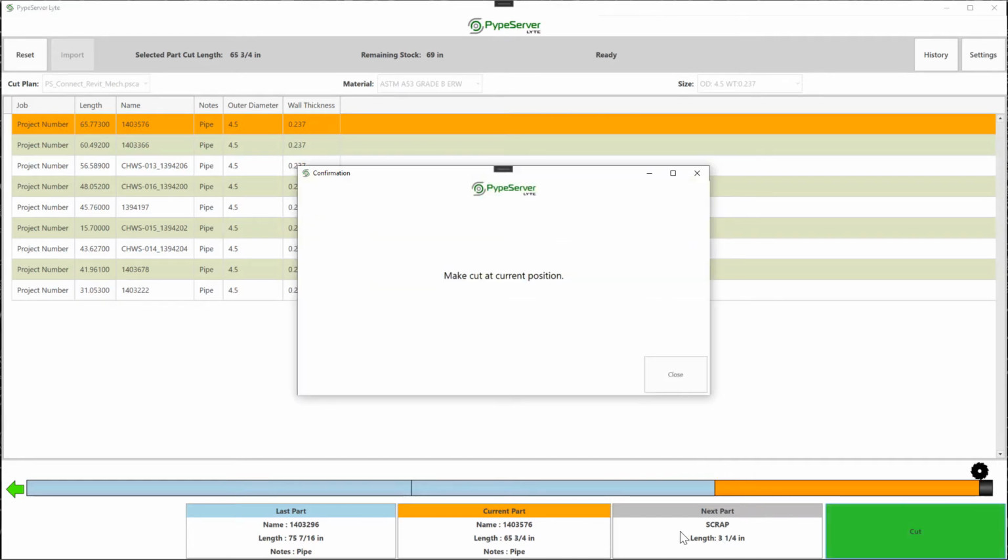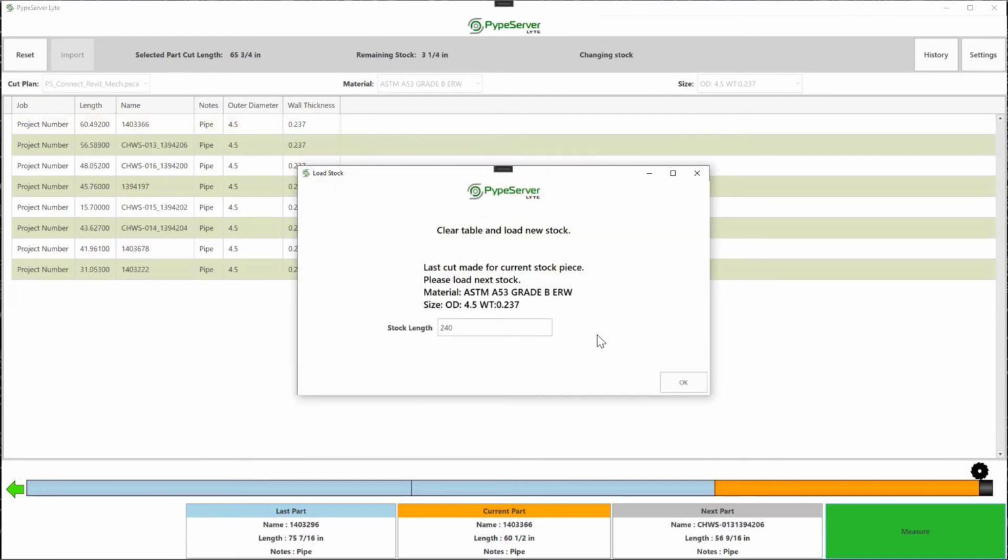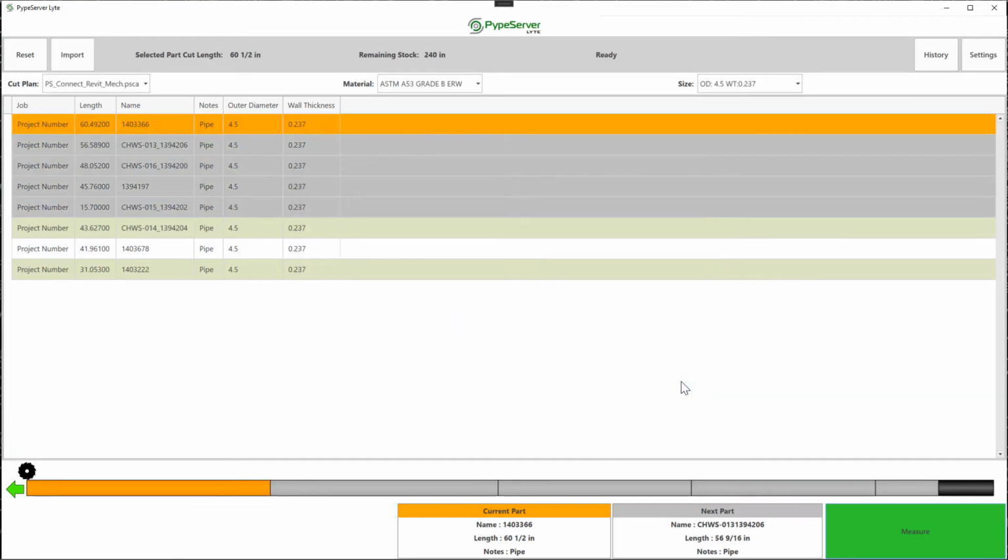Last measurement, last cut. Then once it's finished a full stock length, it asks me for the next one, telling me what material and what size to put on. Now when I click OK here, it's going to nest the next group of pipe. Even if you don't have an automatic positioner system, you can take advantage of PypeServer Lyte to really automate this